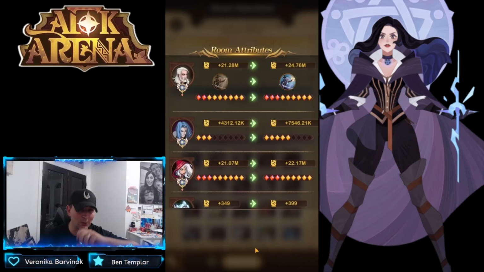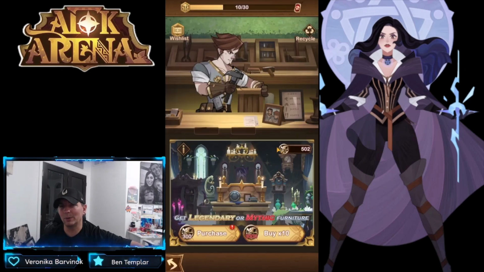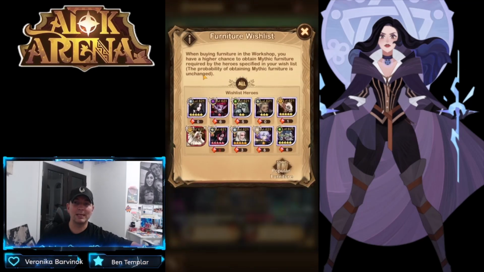I'm saving the rest for Brutus. But there we go. We have the 3 of 9 already. We got a little bit of engraving on him. Again, we're saving some of the engraving mats for Brutus. We're also saving some of the furniture for Brutus. But I absolutely wanted to build him out, guys. Look at that. He's already at a